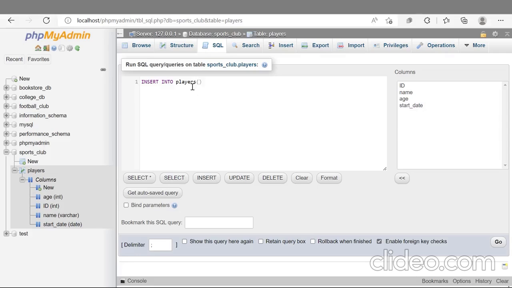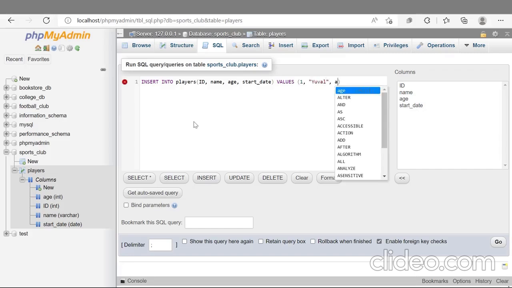These columns must contain the basic information that the club requires about each player. So I'll name the columns ID, name, age, and start date. Next, I insert the values keyword and then add the values I want to assign to each column within a pair of parentheses. I start adding the data for a new player named Yuval, age 25, with an ID of 1 and a start date of